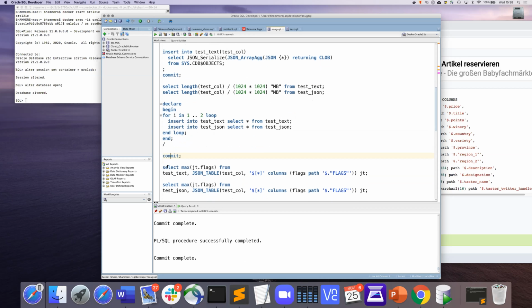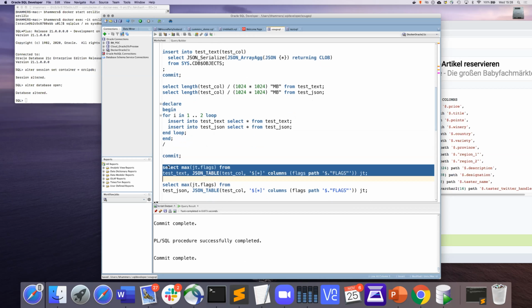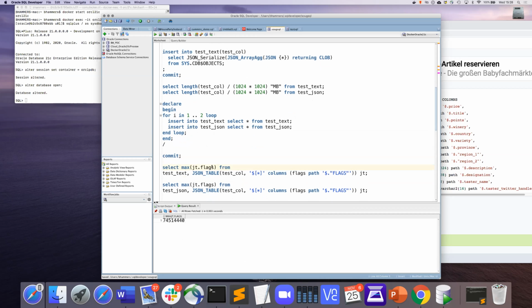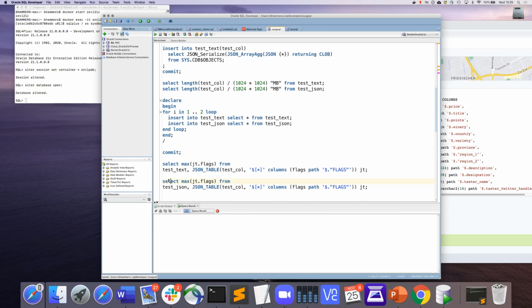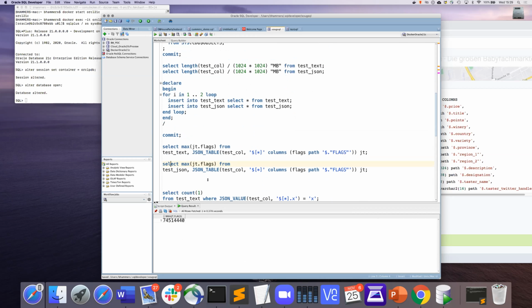So now let's say there was one field here, which is called flags, and I want to find out the maximum value. On my text data, this takes about a second. Let's take a look at this JSON data type. It's probably faster, yes. These numbers are on Docker and the data is relatively small, so we're measuring sub-second times here, but on average, I'd say the JSON type is about 3 to 5x faster.